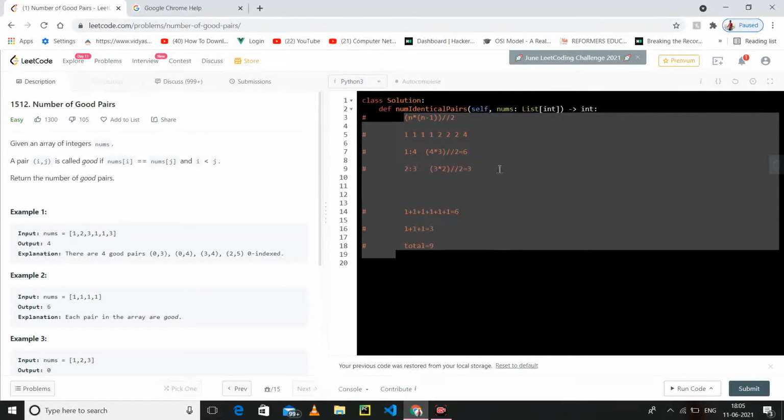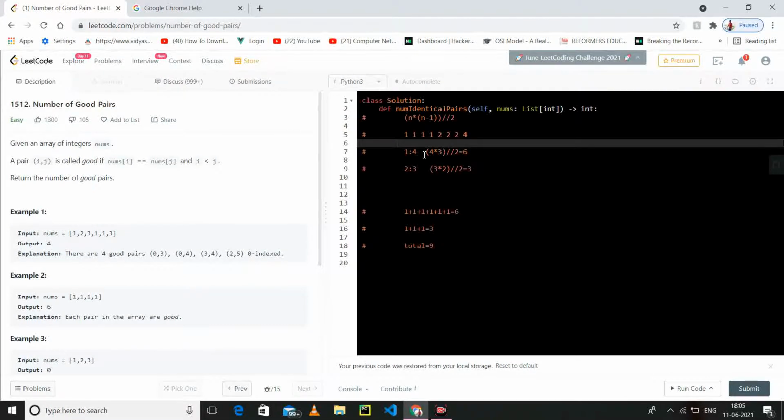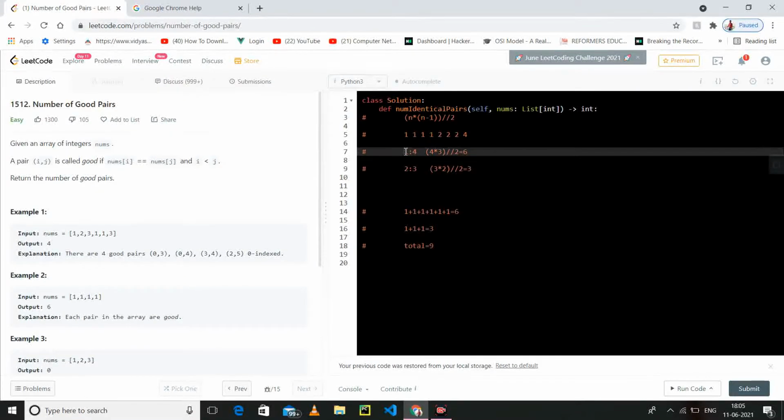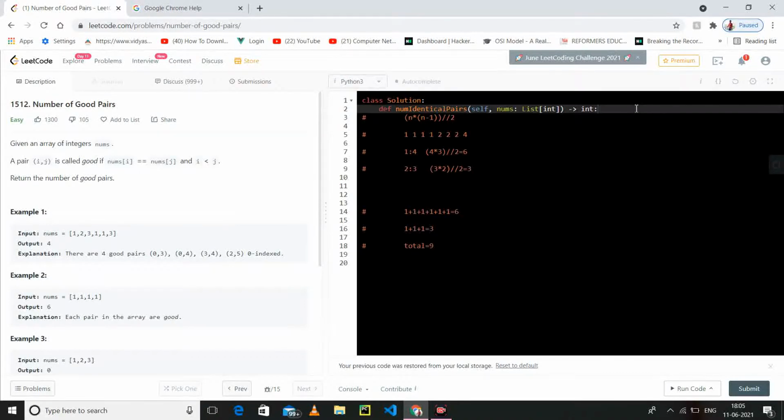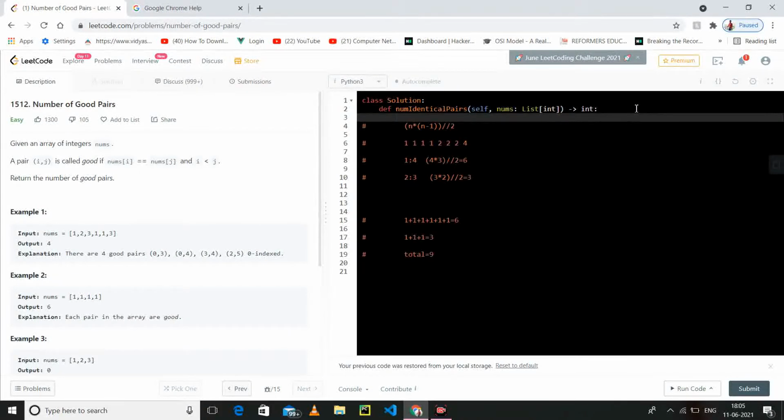Now the second question is how we will find the frequency of each element. For that we will maintain a dictionary, or you can say a hash map. Let's take a hash map.